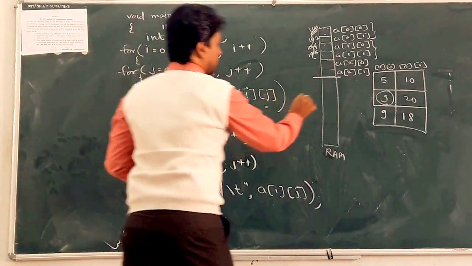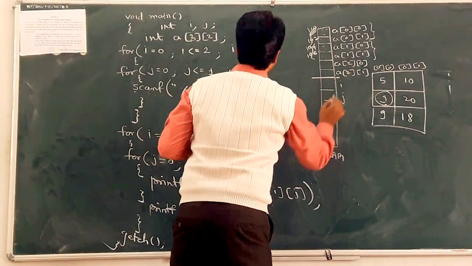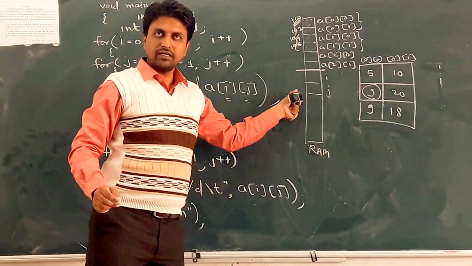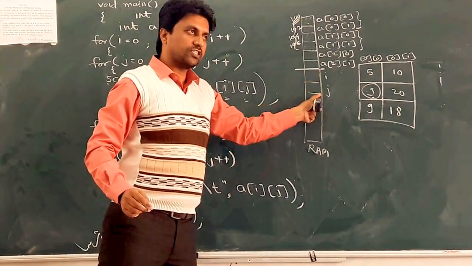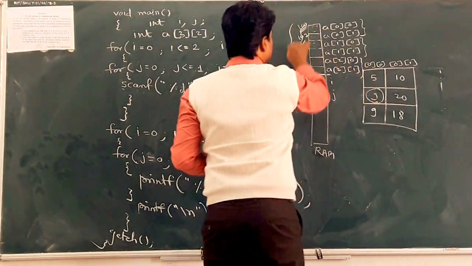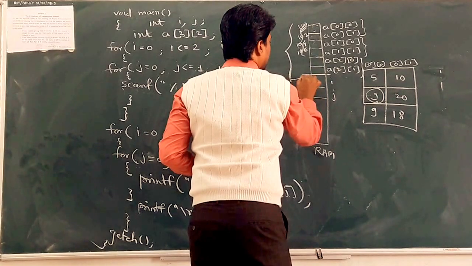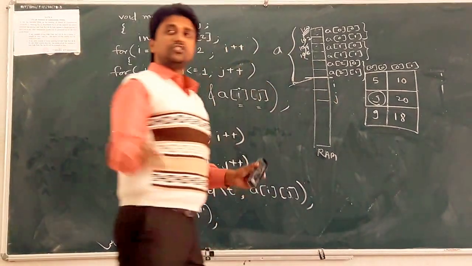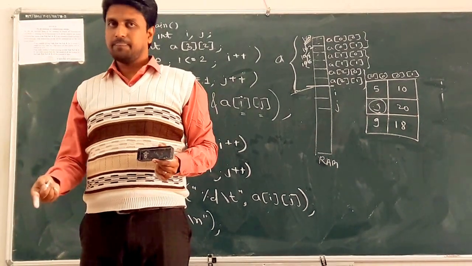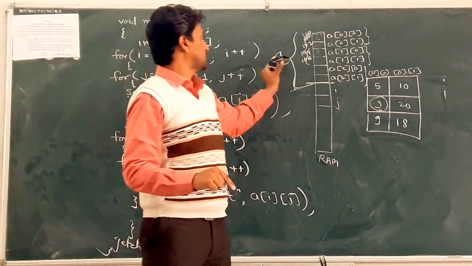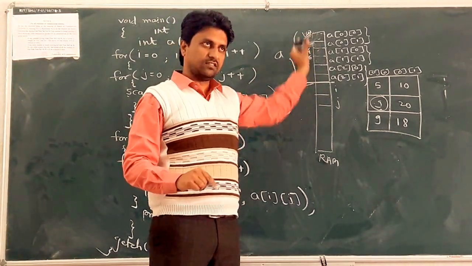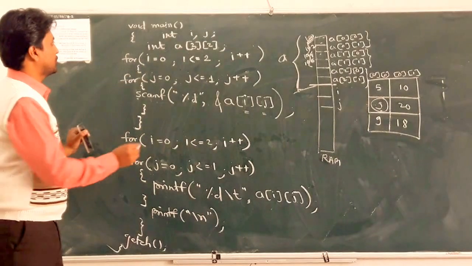First, memory management, i and j. Okay, for i and j separate memory locations are there. For total, what is the array name? Just the array name gives you the base address. Whatever may be the base address, just A gives you the base address, that is 100 for this case. Clear? So how does it execute?